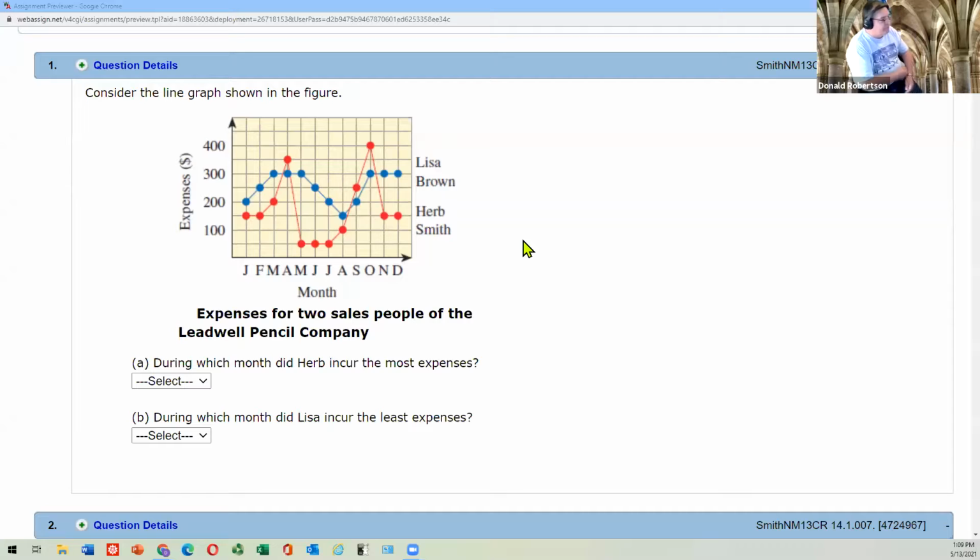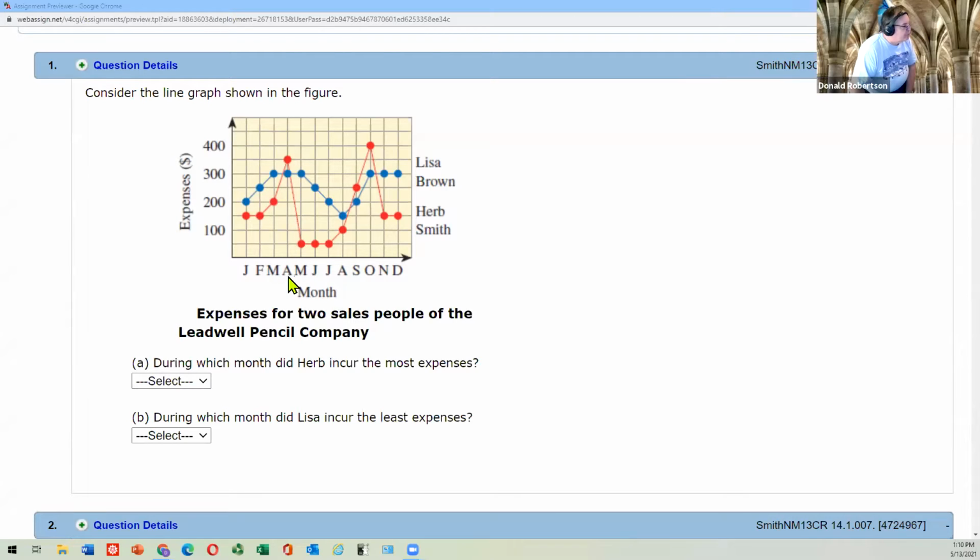So have a look at some of these. These are straight out of the homework. This is a line graph. It's basically dots joined by lines, and this red one is a guy called Herb, and this blue one is a person called Lisa. I can look at this in lots of different ways. They ask you a couple of questions, which is fine, and we'll do them. But when I look at this data, I see some things and I think to myself,